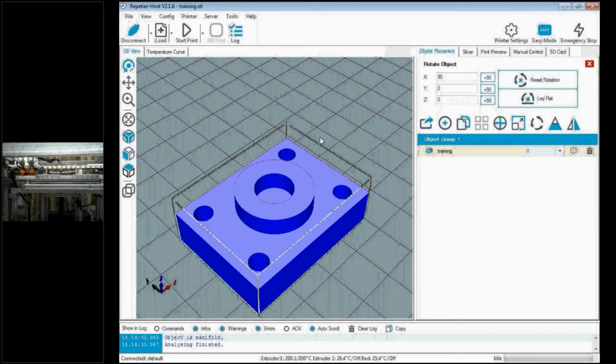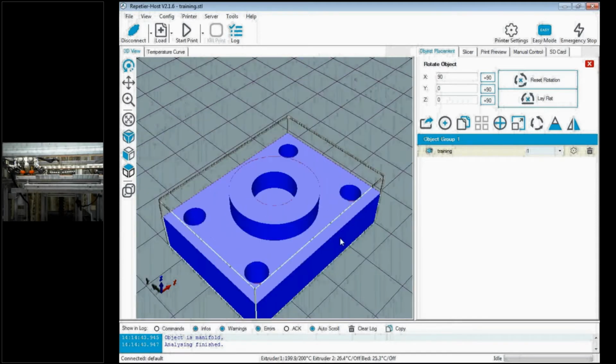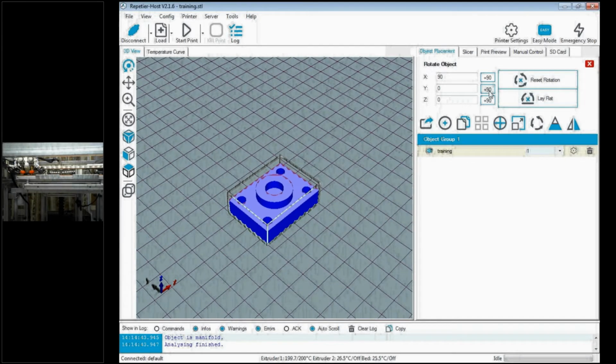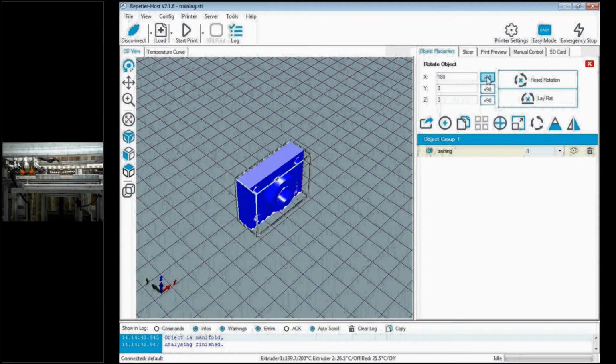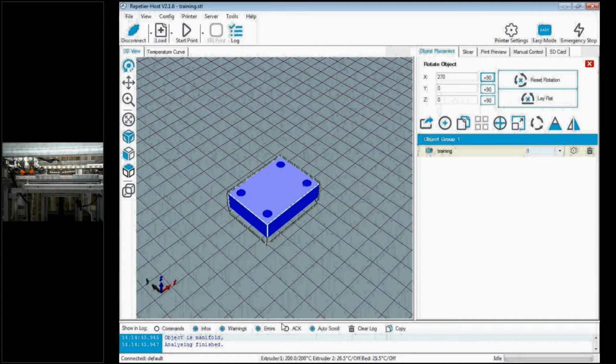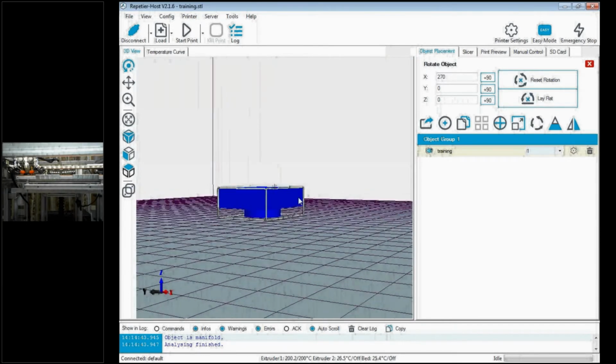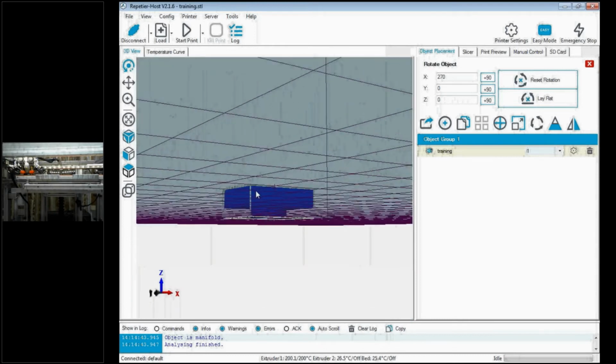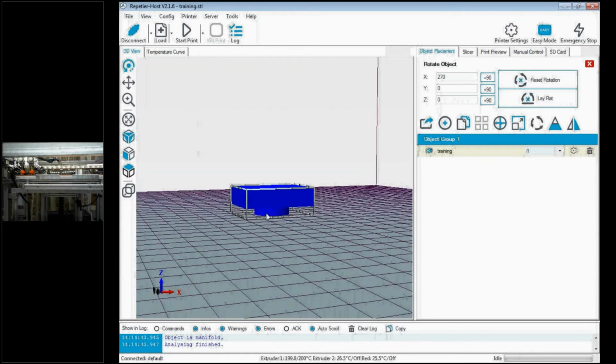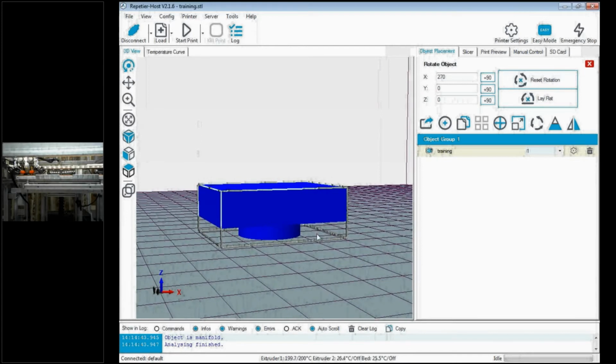So you need to place your workpiece in that way, so that we need to ignore or reduce the support structure. For example, if I am going to place it in this manner, so it is actually suspended. So we have a suspended feature. So this suspended feature should be printed with support structures. So without that, these blocks will not be forming. So without support structure, these pieces will be falling off. So we need to have support structure.